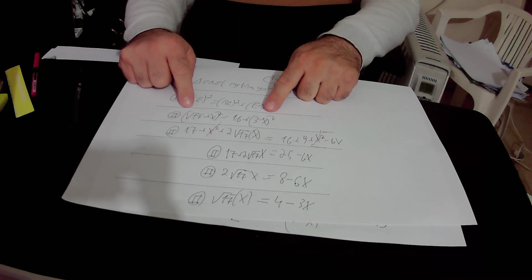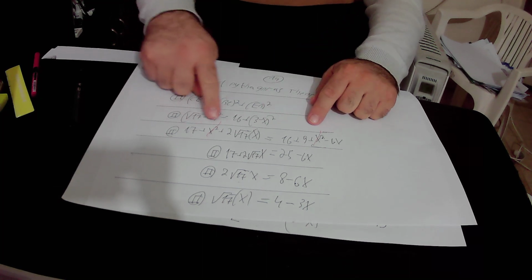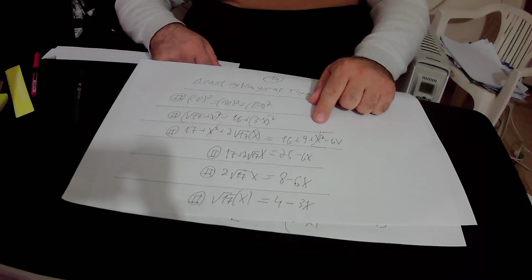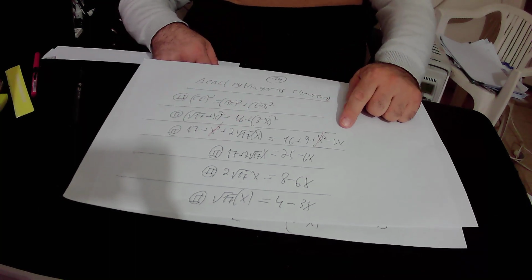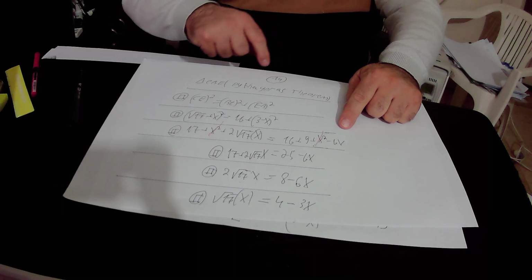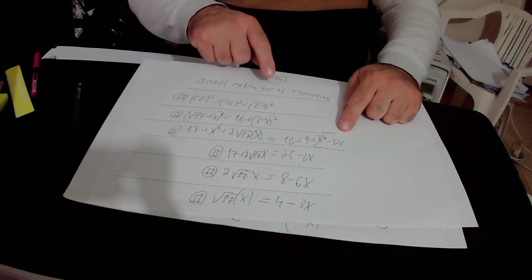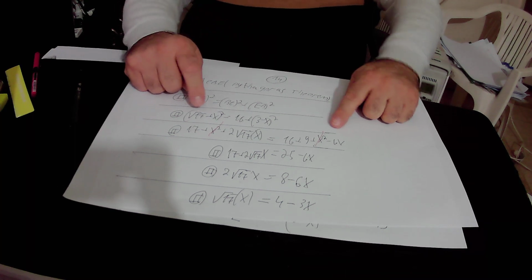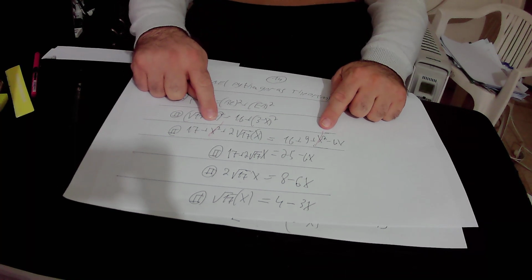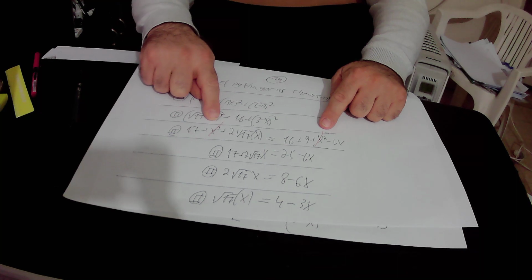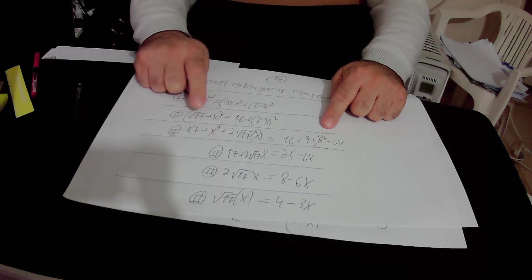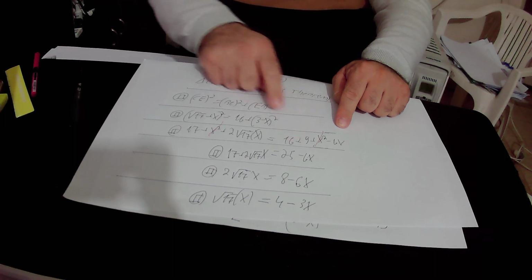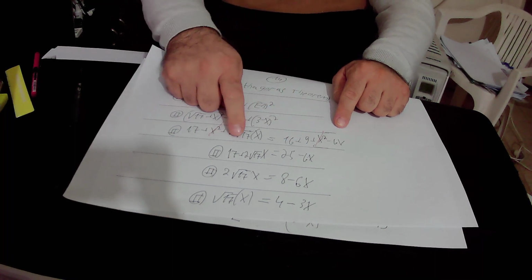Square root of 17 plus X, squared, equals 17 plus X square plus 2 times square root of 17X, and (3 minus X) squared equals 16 plus 9 plus X square, and we also have minus 6X. So here we have X square on both sides of equation number 2, so X square will get cancelled. And we also know that 16 plus 9 is 25, so in conclusion we got that 17 plus 2 times